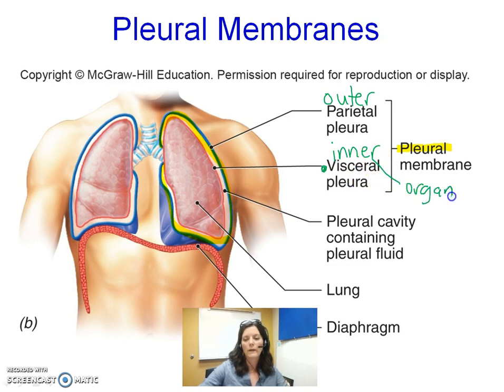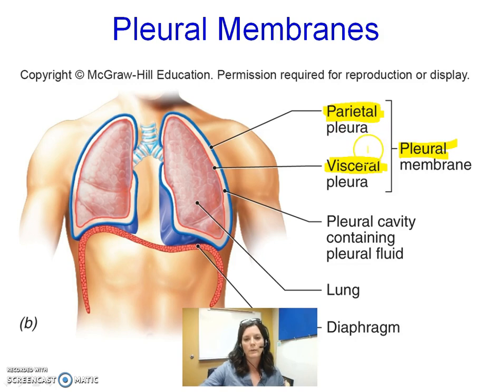So the part of the membrane that's actually touching the organ is called the visceral layer or the visceral membrane. If we're talking about the thoracic cavity, it's called the visceral pleura. So let's look at that really quick. Pleural membrane means that we are talking about the membrane in the pleural cavity where the lungs are. The part of the membrane that's on the surface of the lungs is the visceral pleura, and the part of the membrane that's on the outer section, which basically is lining the inside of the rib cage, is